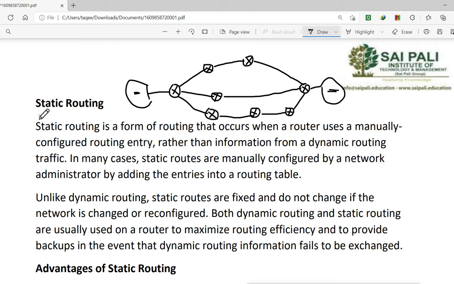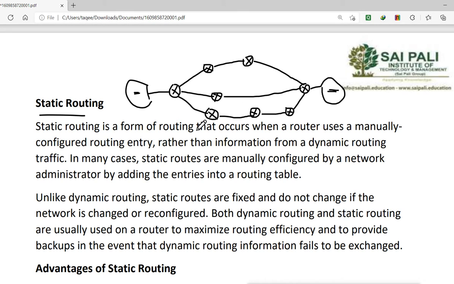Right now we are doing static routing, so the administrator's job is to choose the shortest path. Here the router is not doing anything, and that is why static routing is very fast. So we decide that this path is the shortest path. We create the routing table in this router with IP route and this network, and then we mention the next hop address, which will be this router's address. So our router will always take this path.